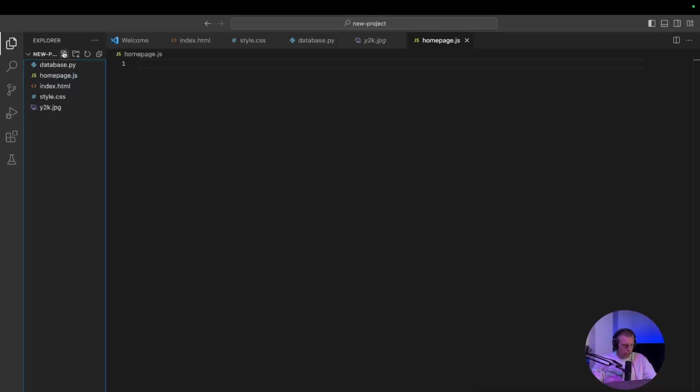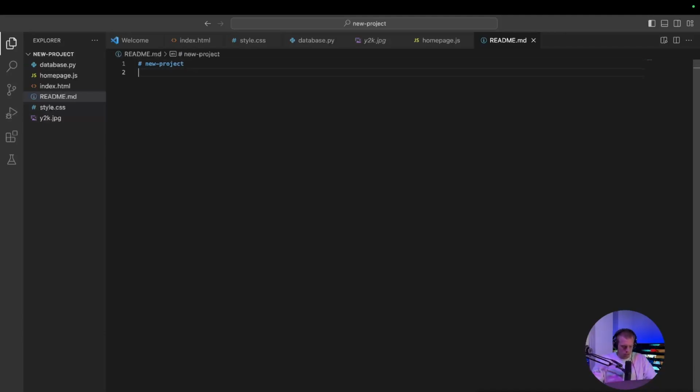Another one that we can do is a README, all capitals, README.md for Markdown. This is the file type that allows the person to view your project and understand what's going on. Right, so here we are, new project, introduction to